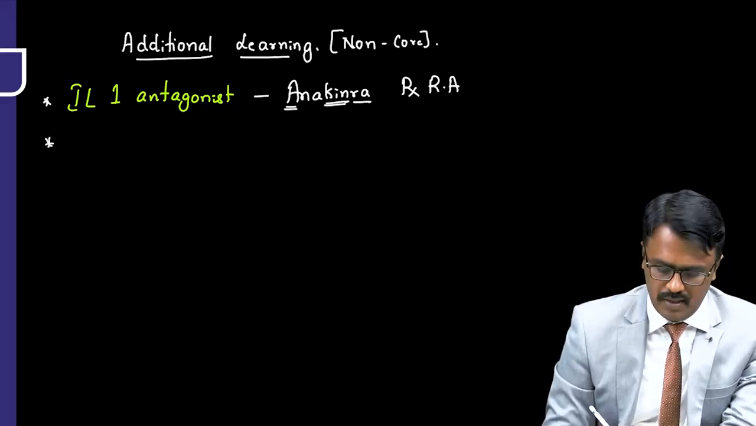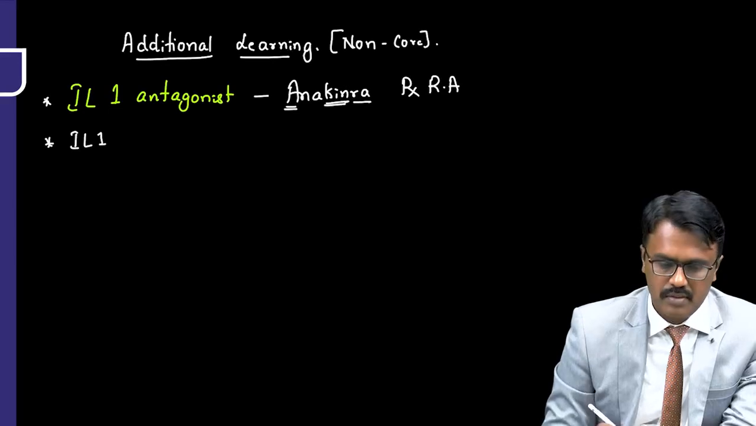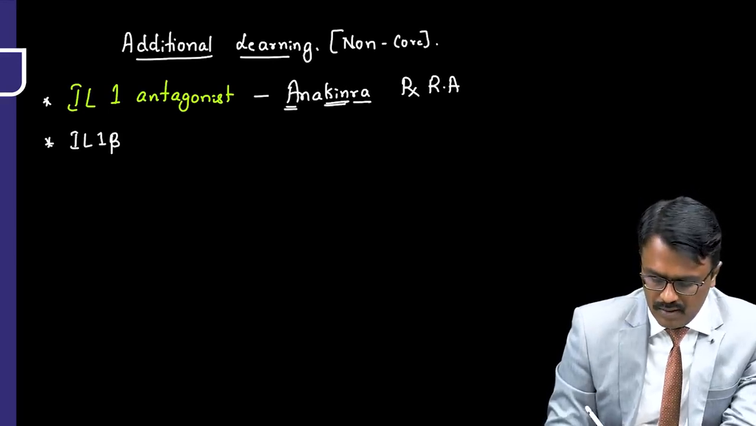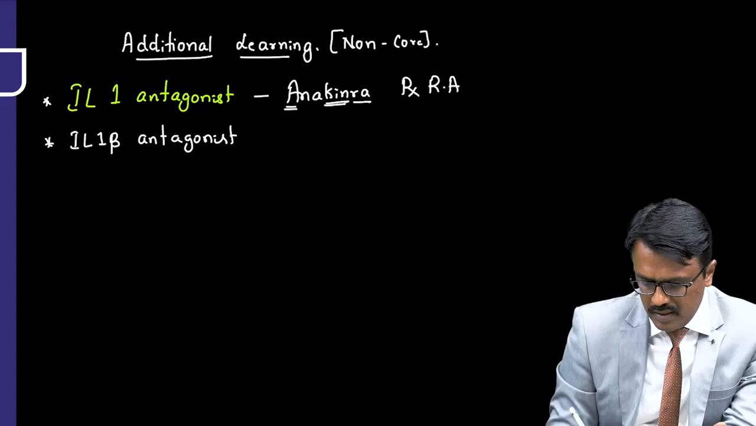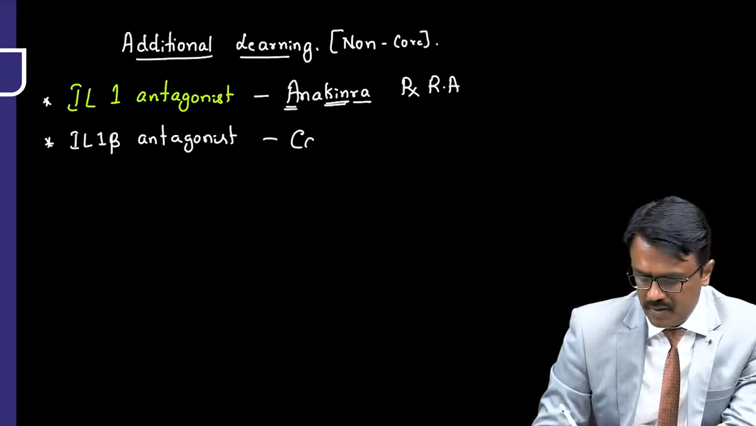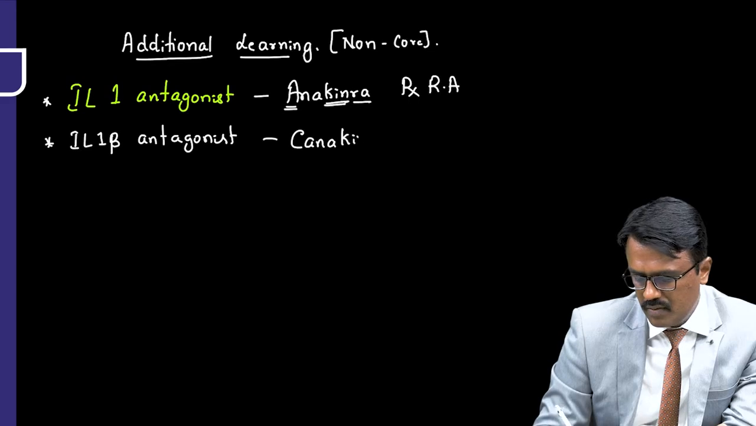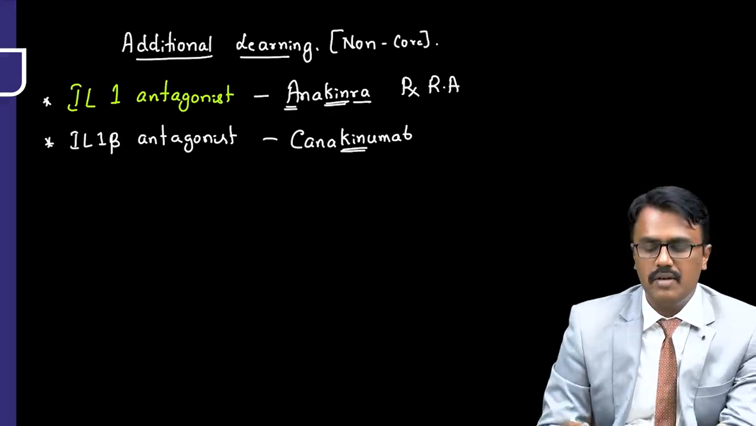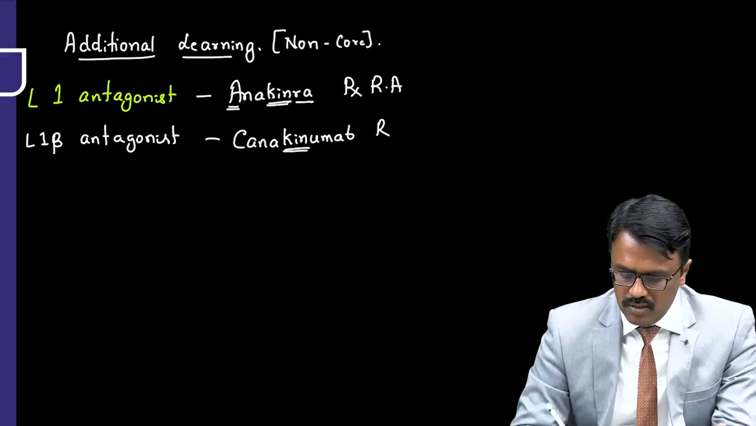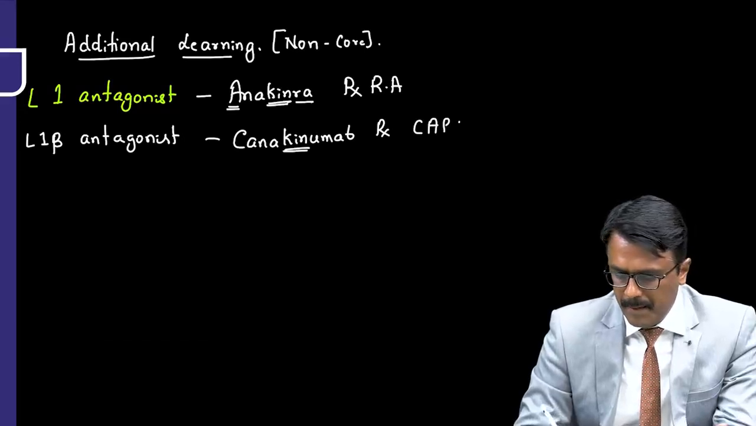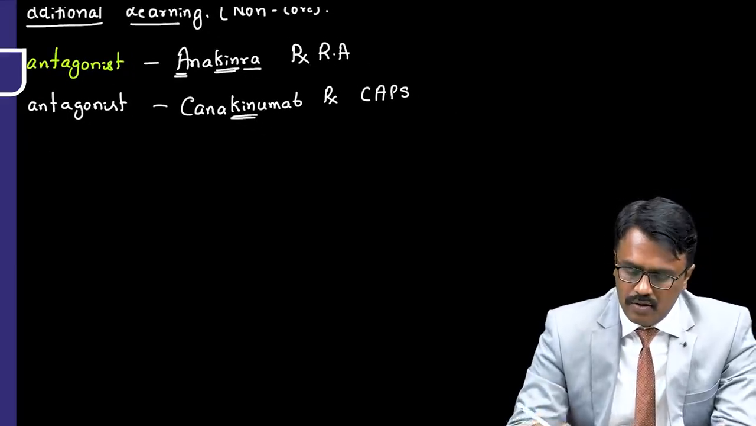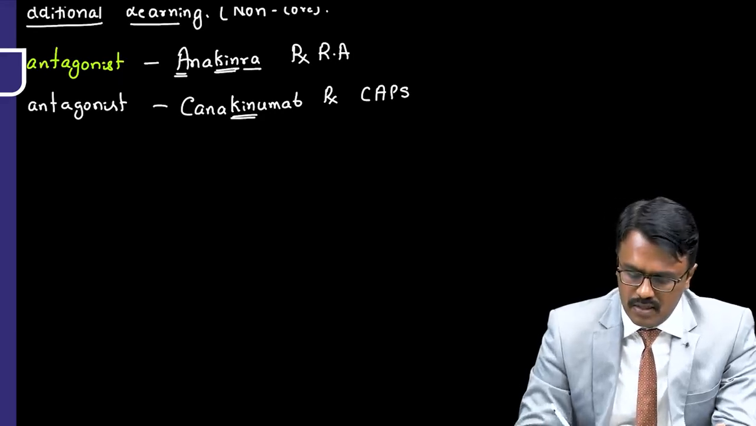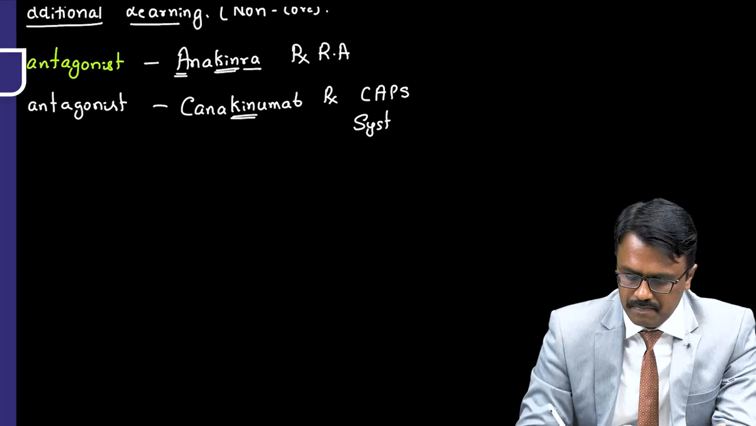The next one is interleukin 1 beta, which is antagonized by a drug called canakinumab. You can see the kin here. Again, it is an interleukin blocker. It is used in CAPS. What does CAPS stand for? It is called cryopyrin-associated periodic syndrome, and it is also used in systemic